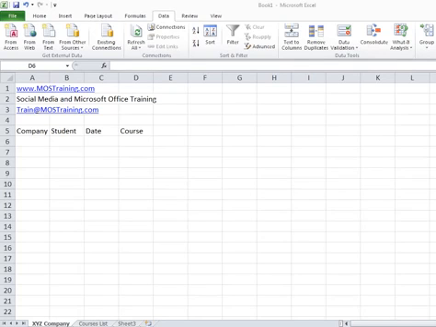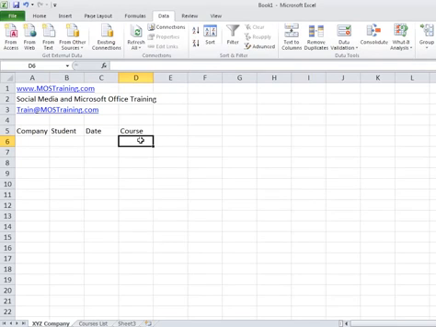First of all, I've created a very simple example to help you understand this a little quicker. I've created a spreadsheet that has a list for courses. I'm going to be putting in the name of the company in this scenario, a student name, and a date they took the course, and I want to be able to click from a drop-down list to pull the courses. There are a couple of different ways to do this, but the way I've chosen, I think you'll like,